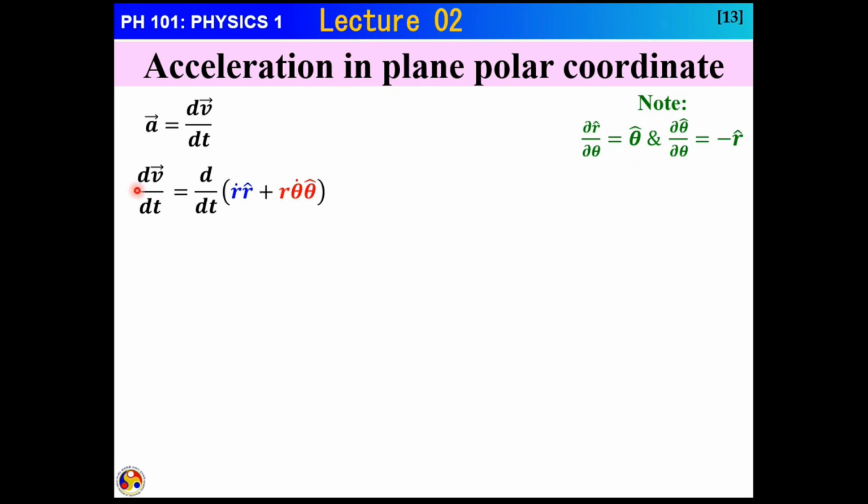Now, what I'm writing here is the rate of change of the velocity vector with respect to time. The velocity vector is written as r dot r cap plus r theta dot theta cap. This is the radial component and this is the transverse or tangential component. By the way, we have to do the differentiation. This will give 4 terms, this will give 3 terms, so overall there will be 5 terms coming. The first term will be r double dot r cap. Then the second term will be r dot dr cap by dt.